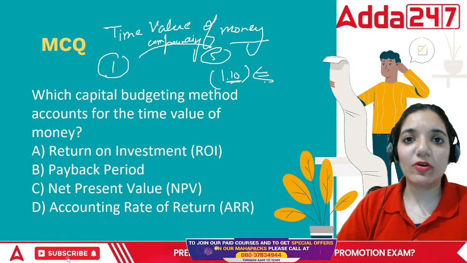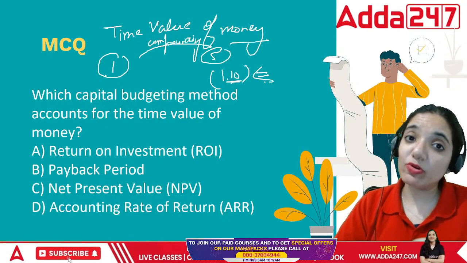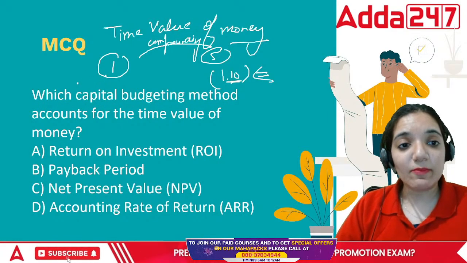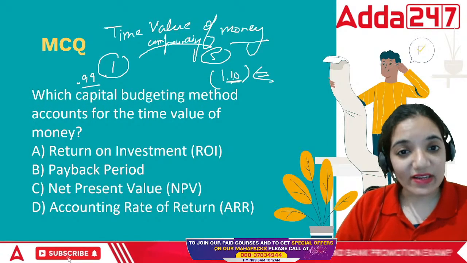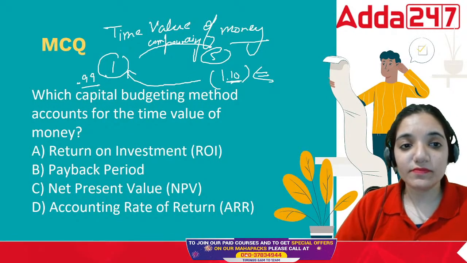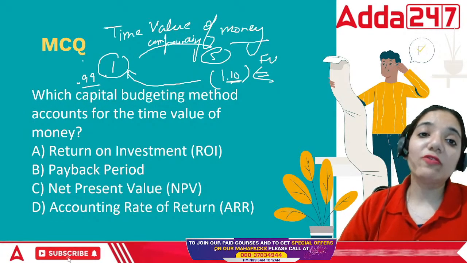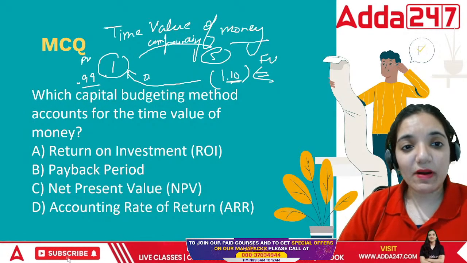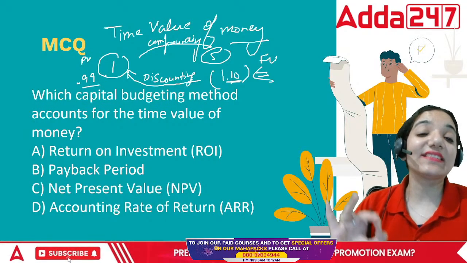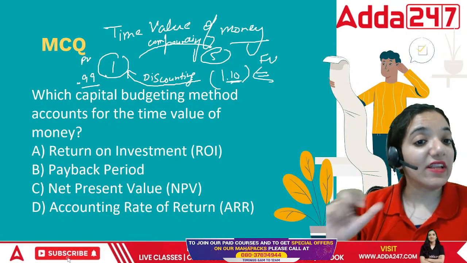Otherwise, if I put 1.10 today and after 5 years I get 1.10, what's the fun of it? Why would I be putting so much money if I'm not getting anything out of it? That means maybe today I might be putting 0.99 rupees. That is why it becomes 1.10 in the future. So when we have the future value and we want to find the present value, this part is called discounting. This is basically one of the strongest elements of capital budgeting. This particular part plays a very important role.